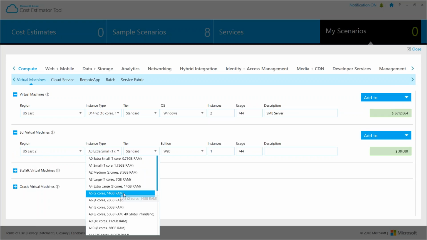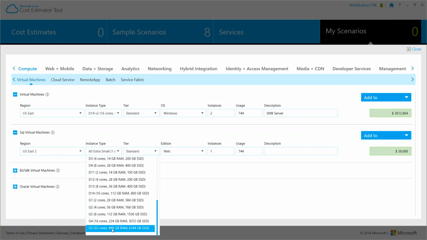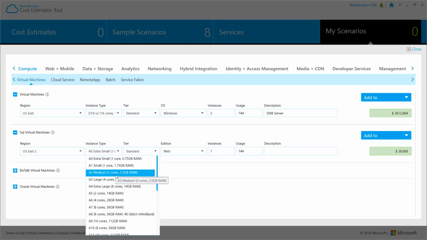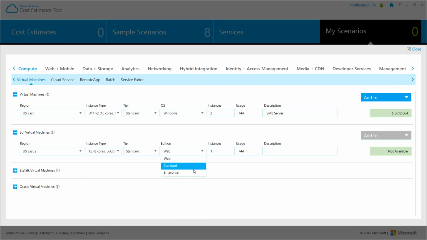Let's choose 8 cores. We've got lots of options here. Look at this, we can go up to 32 cores with 448 gigabytes of RAM and 6 TB SSD. InfiniBand, if you want that option. There are some nice options. I didn't even know about InfiniBand. All right, so let's choose that. Enterprise, usage, cluster.